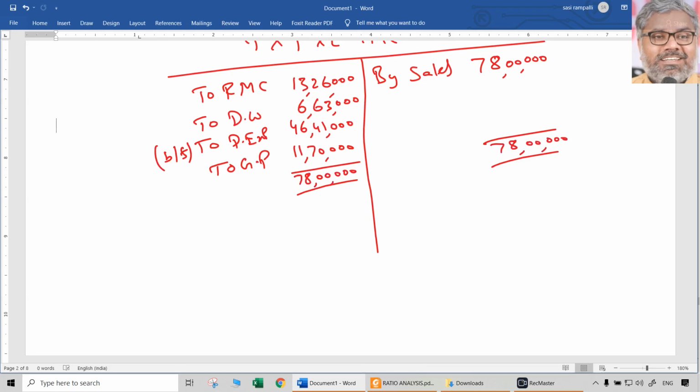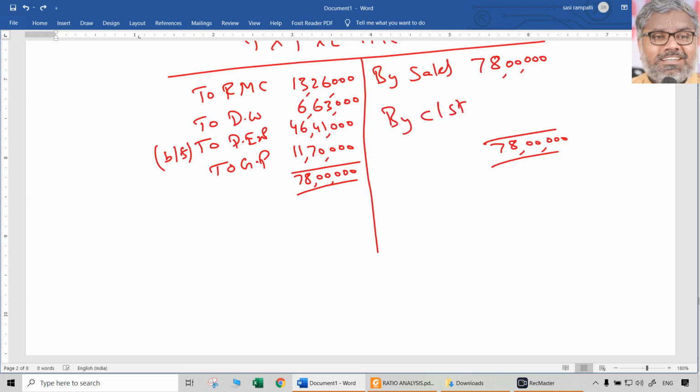And by the way, as we assumed earlier, the opening stock of finished goods and the closing stock of finished goods will be the same. It has to be the same since opening stock is not given. Then raw material consumed is already after adjustment of raw materials stock, so you don't have to worry about the closing stock of raw materials at all. Only problem, if at all, is finished goods stock, right? So we have to write by closing stock.